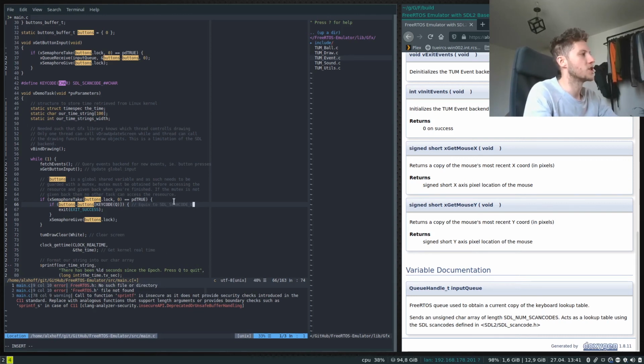And this scan code is just coming from this STL scan code.h. For the most part, you'll be using pretty much the basic keyboard keys and maybe the arrow keys, and you can just go and have a look in that file. All the keys on the keyboard are labeled by their actual character. The arrow keys you'll have to look up. It should also be in this header file, but I imagine there'll be something like right underscore arrow or something, right? And so going back to this,